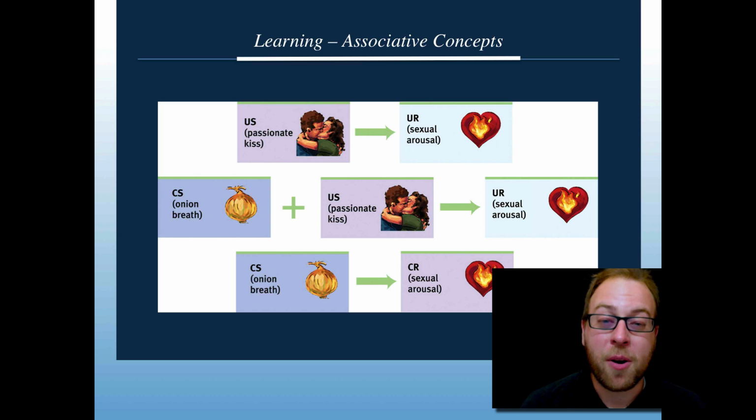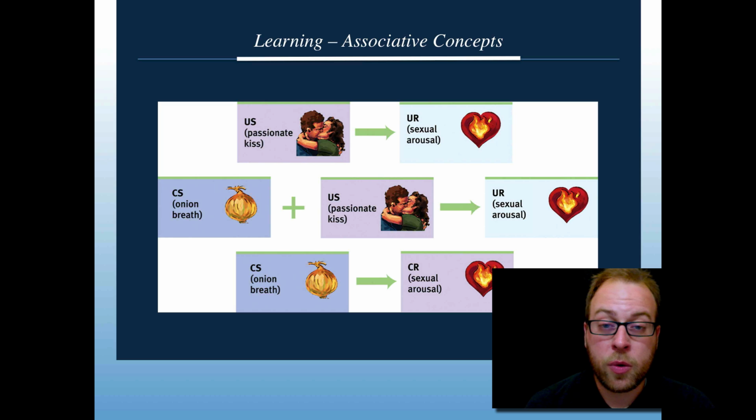Let's say you're dating a partner that just loves onions and has them on everything, and you have been dying to be with them, and all of a sudden you start a relationship, and the relationship, as many do, starts off very passionate, and constantly this taste and smell of onions is being paired with something very positive, with this unconditioned stimulus of a passionate kiss. Over time, that smell of onion breath takes on the qualities, helps you prepare for the unconditioned response, which transforms that unconditioned response into a conditioned response.